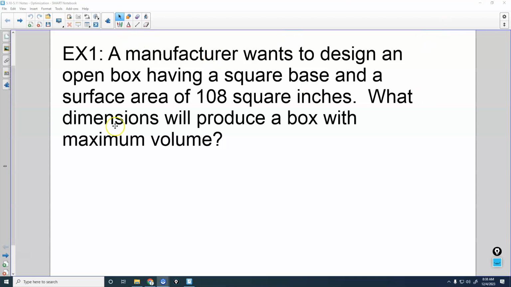So we need, first of all, to think about this open box. This open box means it does not have a top. It has a square base and a surface area of 108 square inches. So let's draw our box over here. The base is a square, and I've drawn this badly. Hold on, let me start it. Let's do it like this. Our base is going to be